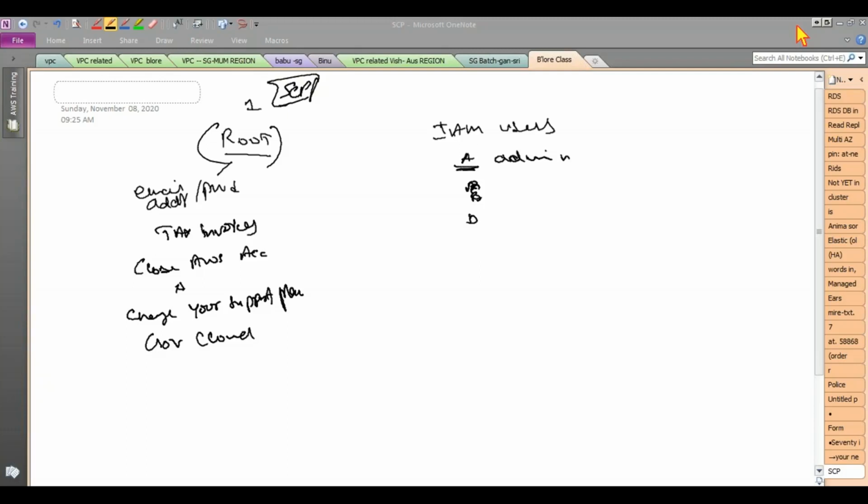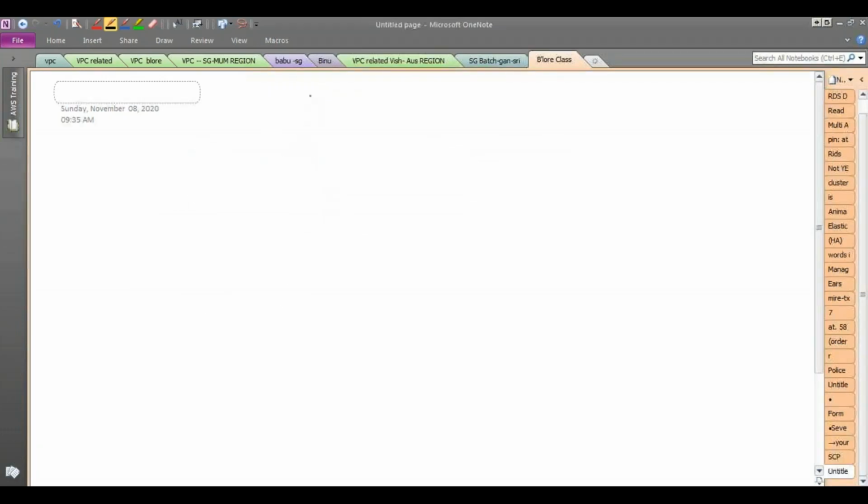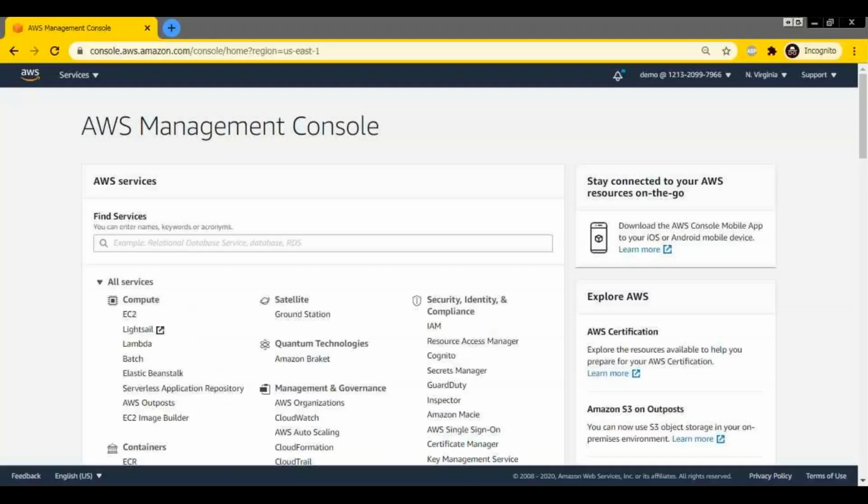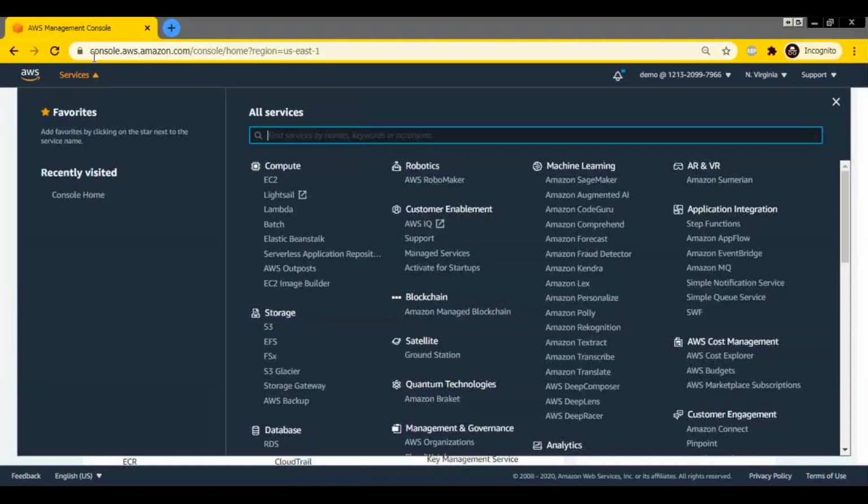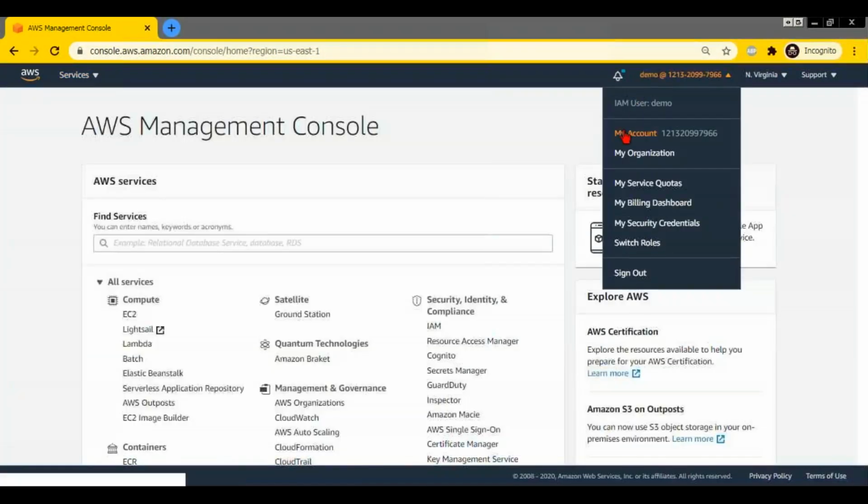So we have these IAM users, which are additional users. We will see how to manage these users. Even before going into IAM users, AWS has some best practices for the root account. In my AWS account you might not be able to see those things, but I'll try to log into my root account. Currently I'm not logged in as root. I'm logged in as an IAM user called demo.